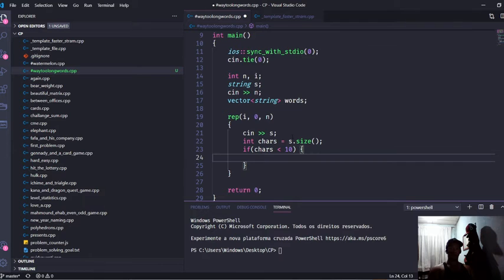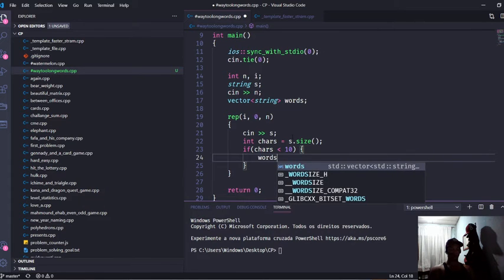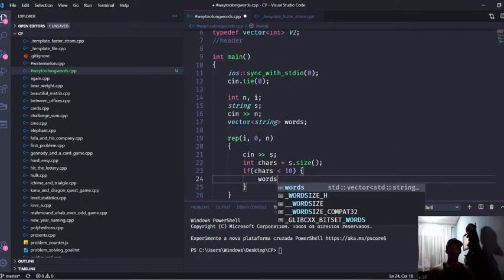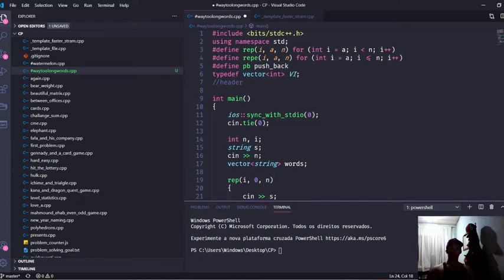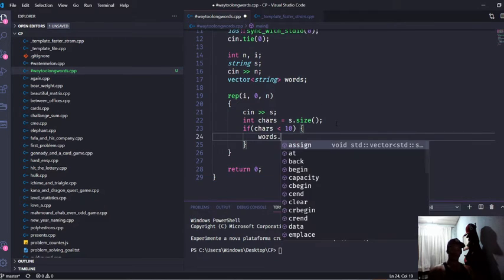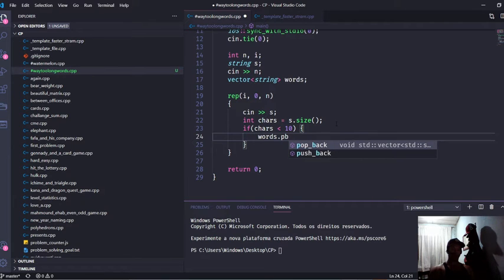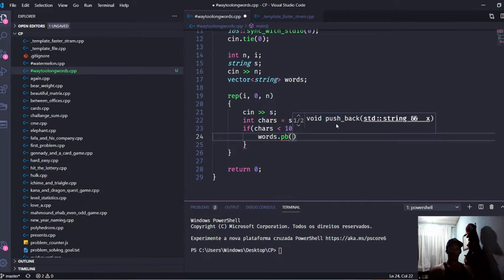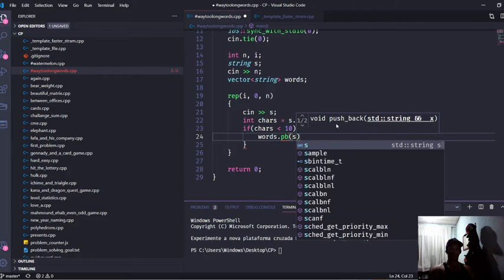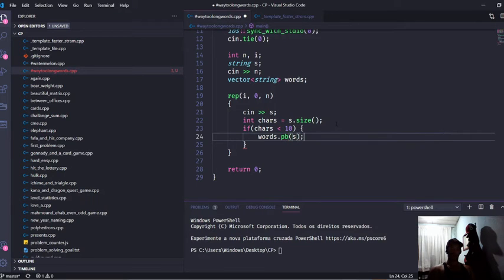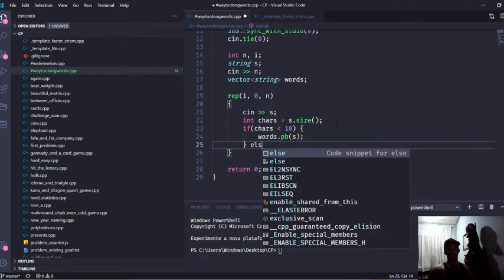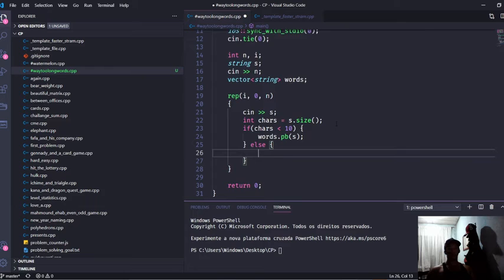then I will say words dot, is it dot pushback? Yeah, dot pb, which is pushback, the string, which is the s. I'm going to put an else here, just because I'm inside of a loop. Else, if it's greater than 10, then what I'll do is to